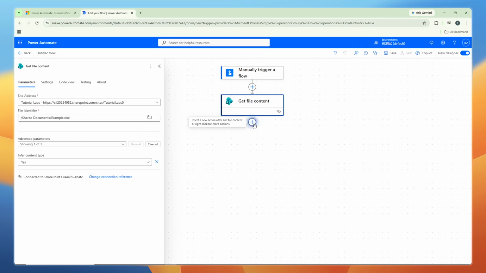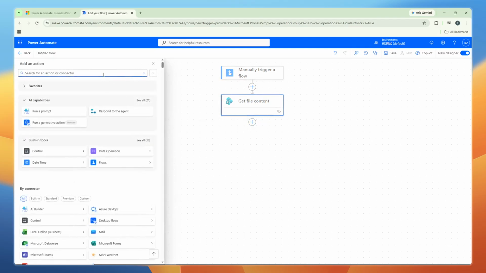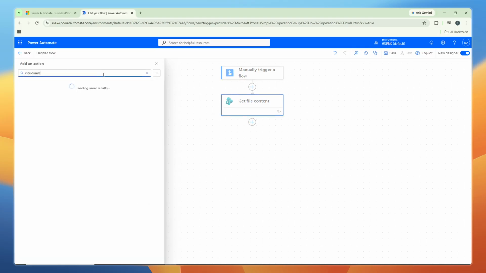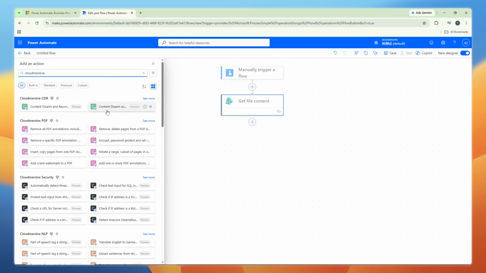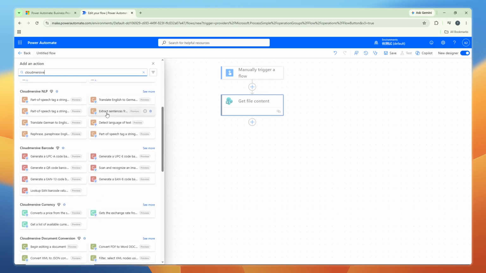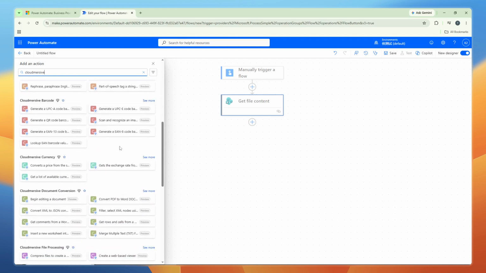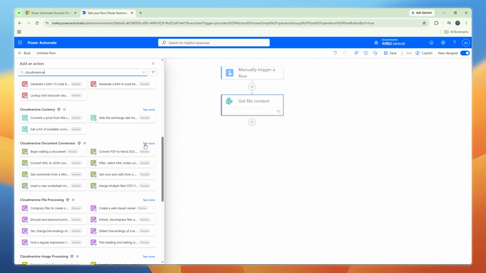Next, click the plus icon again to add another action. This time, search for Cloud Mersive in the search bar. Cloud Mersive is a document processing service that offers various validation tools. When you see Cloud Mersive document conversion appear in the results, click on See More to view all available actions